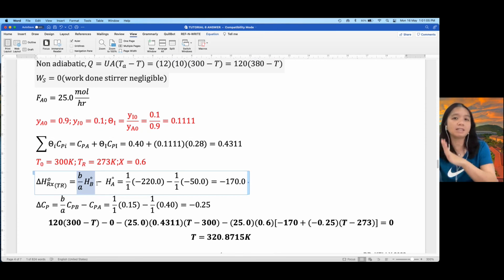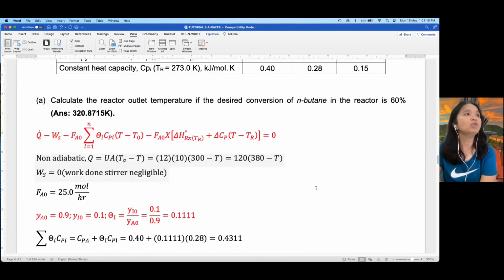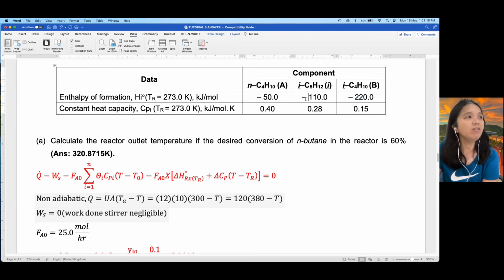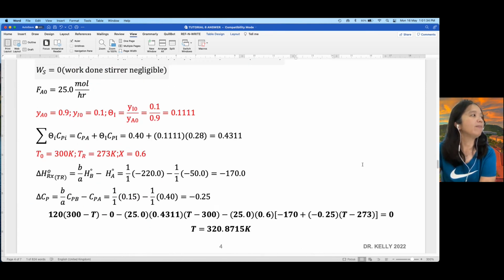Okay, so then A is definitely negative, because A is always reactant. So make sure you check correctly the enthalpy of formation. You can see that this question somewhat traps you, because they give you the enthalpy of formation of inert, although you don't actually use the value in the calculation. So sometimes when you have a certain value, make sure you really understand whether the value shall be included in the equation or not. Okay, so you will get the heat of reaction as negative 170, and similarly you calculate for